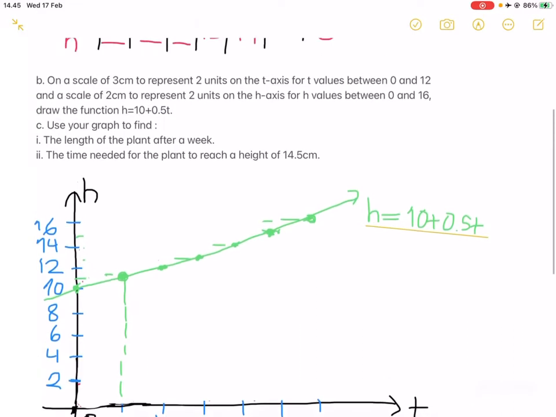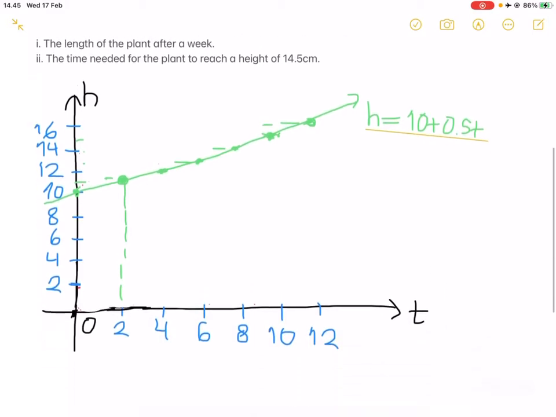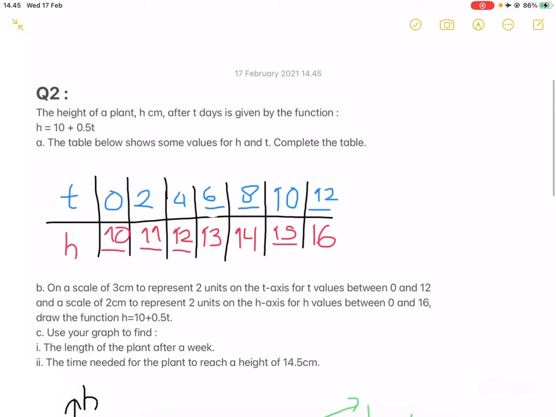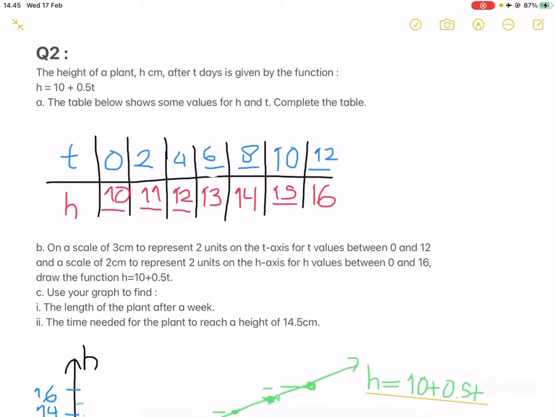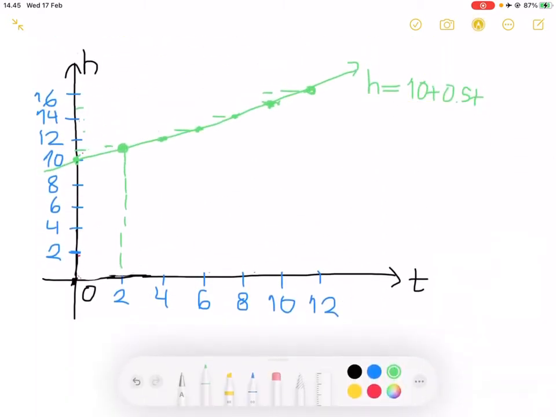And then with this graph, you can just solve part C. Use your graph to find the length of the plant after a week. And keep in mind, a week is just 7 days. So we can just substitute in t equals 7 because t is in days, and then we're on the same page of the measurements. So let's just draw a straight line from t equals 7, which is midway between 6 and 8. So let's just draw a straight line that's somewhere right here,